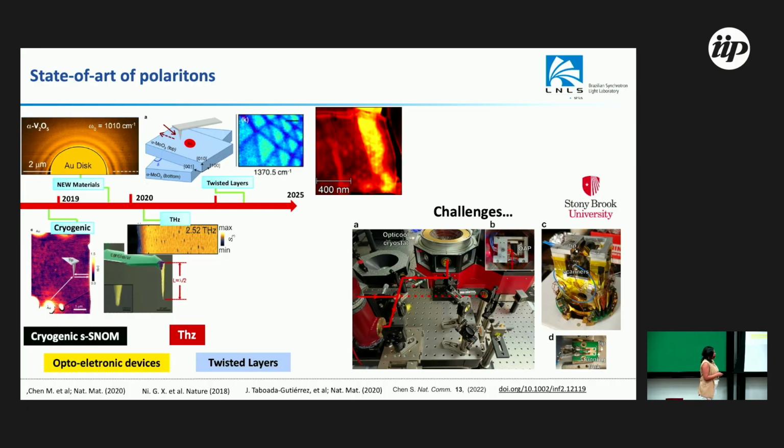Actually, there is just one equipment like this running around the world. It's a homemade one at Stony Brook University. They are building a cryo SNOM with an applied magnetic field. It's working well, but it's a very difficult system to operate for many reasons. It's a homemade one. I believe that in one or two years, we will have something like that available for